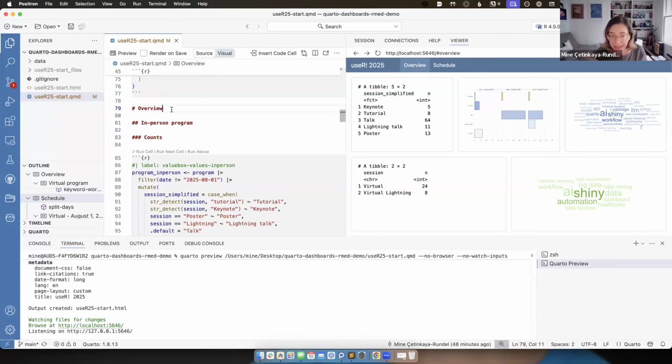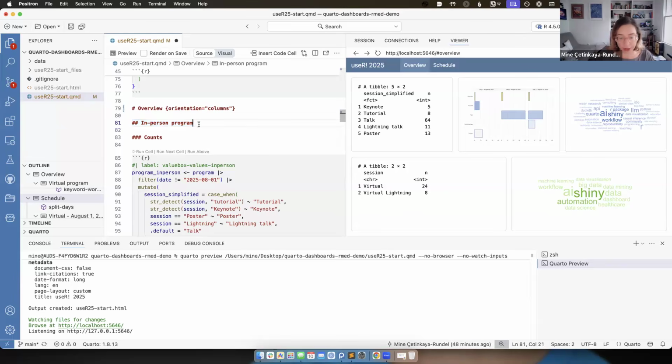And remember that my dashboard was organized in columns. So the first thing that I'm going to do is to say that I want my orientation to be columns. And then we are going to create these 2 columns. One of them is the in-person program. That was a much wider area because there's a lot more going on the 3 days of in-person program than the